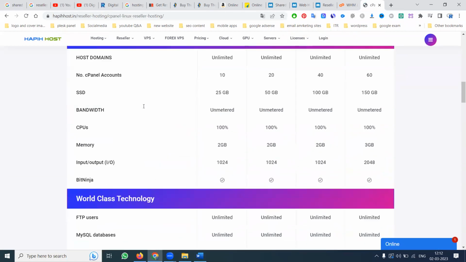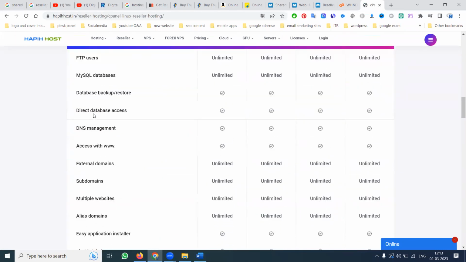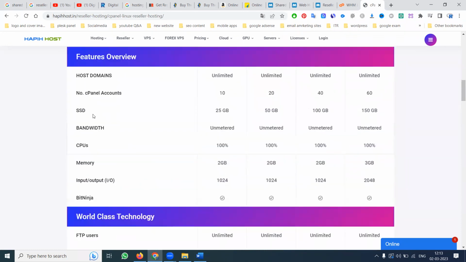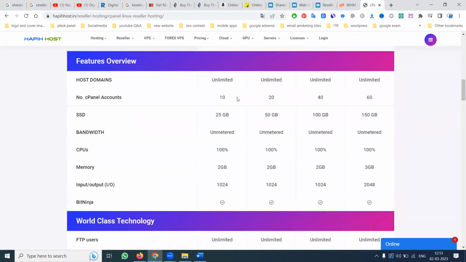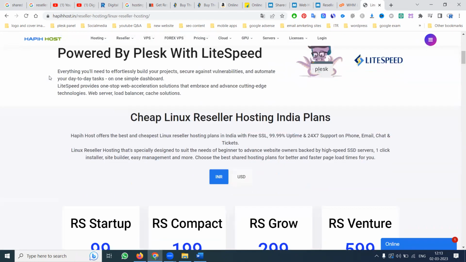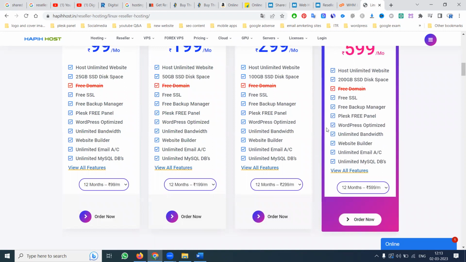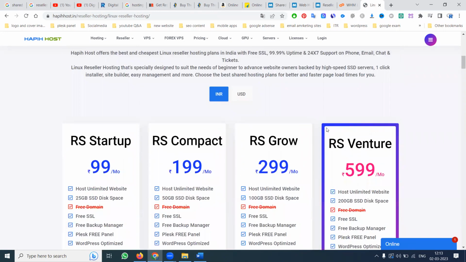If it also shows WHM, meaning WHM is also accessible, that is n number of cPanel accounts, separate 10, 20, 40, 60. Here it shows cPanel, but here they are not showing how many cPanel accounts there will be. They only offer one plus free panel. There is no cPanel option provided. So based on the purchase, we have to use the